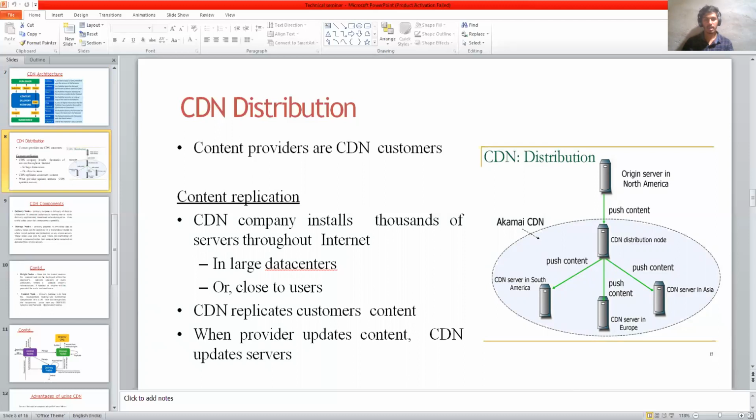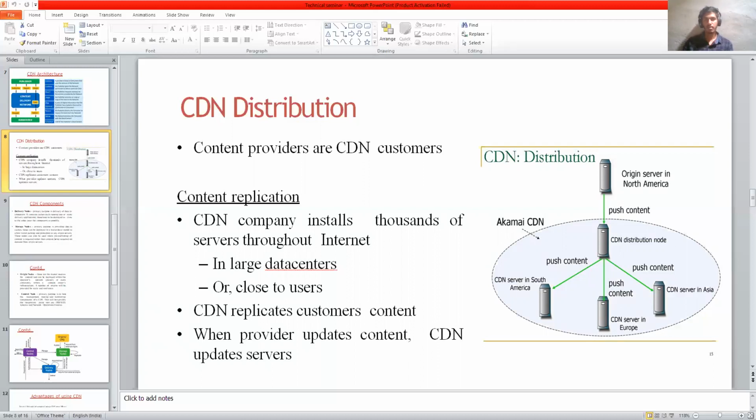So what happens is the origin server is mainly used for storage of the original content, and the rest of the CDN servers just store the information as a replication of the content.